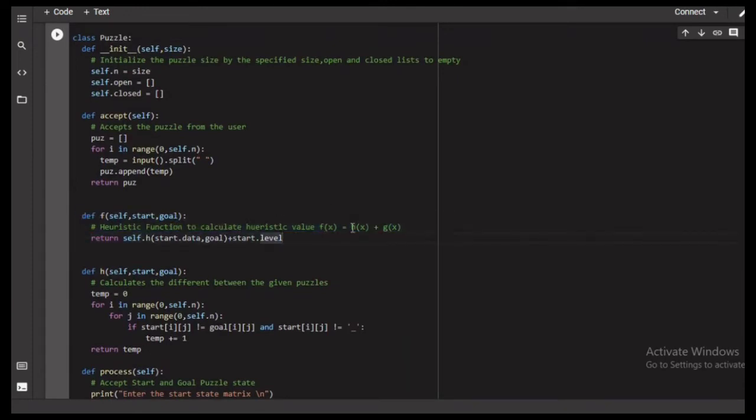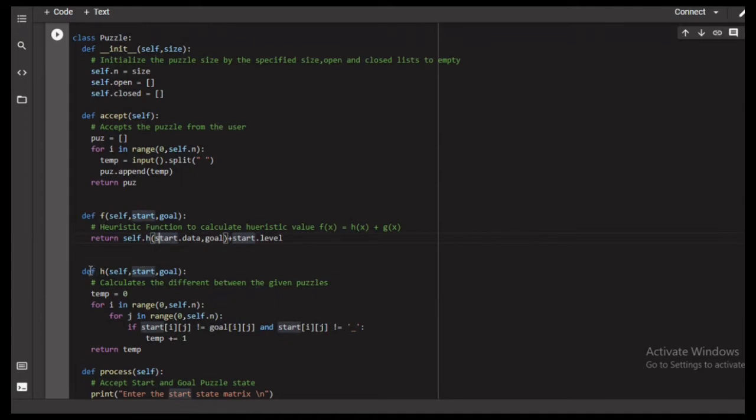So here is h of x, that is the heuristic value for that particular data, and then the start level, that is the level of that particular root. So here we are calling the h method to calculate the heuristic value, and here is that method.